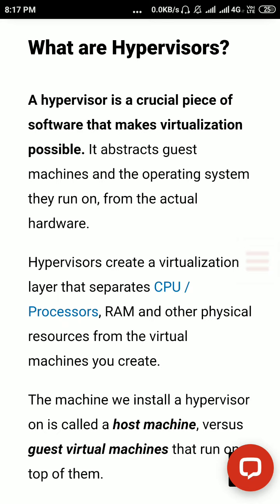Hypervisor creates a virtualization layer that separates CPU processor, RAM, and other physical resources from the virtual machine you create. That means you have to install the hypervisor on your operating system. Then it is possible to create virtualization environment in your machine.